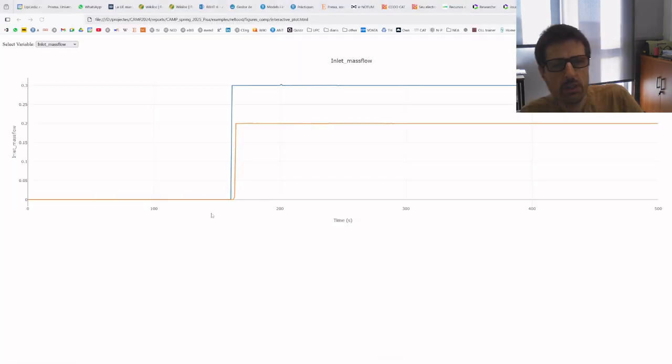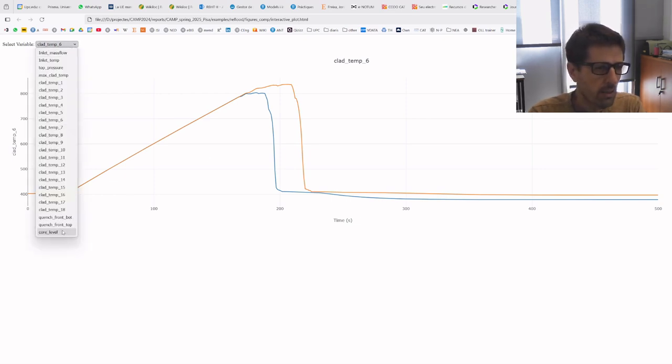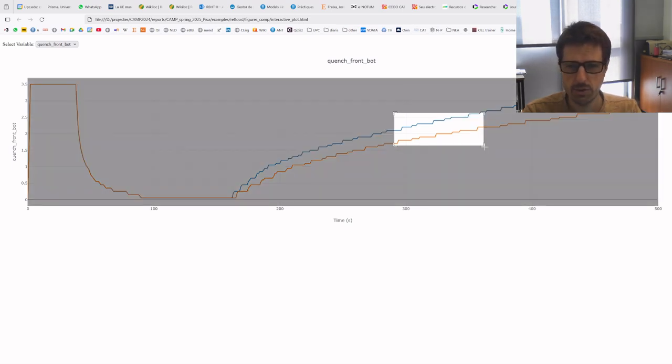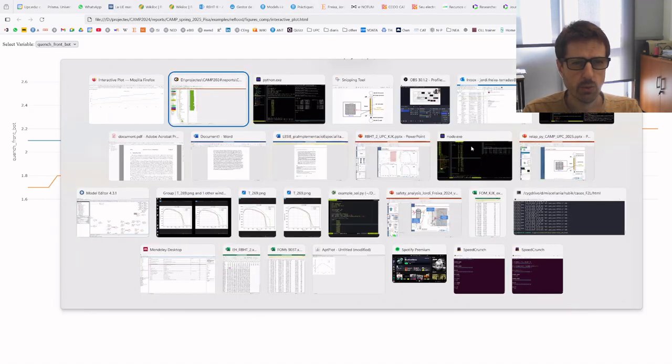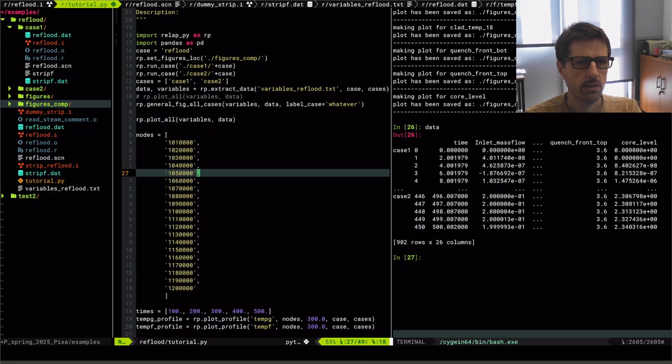And if I move to the interactive plot, we see the comparison between the two of them. You can also unselect one of them to see one of them only, and this is a very interesting plot to see the quench front propagation, how it's faster in one case than in the other. We can make a zoom and so on. Okay, so you can see that this has been created